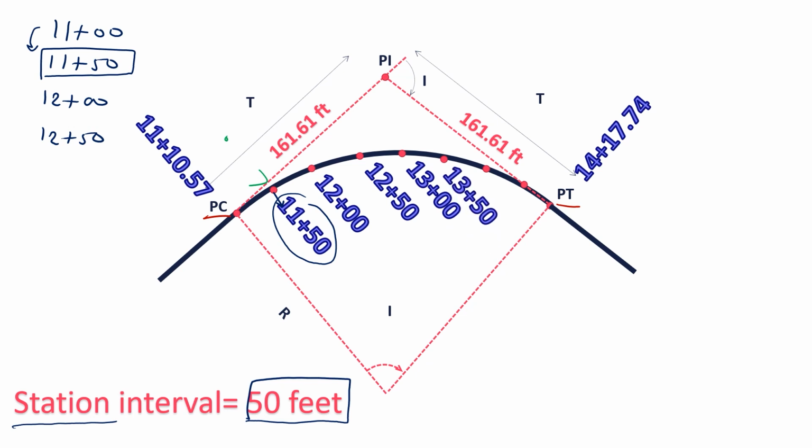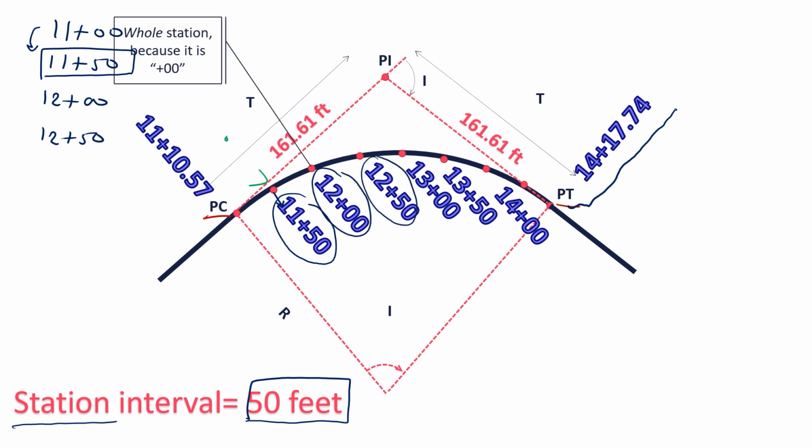13 plus 50, and this is 14, right? So 14 plus 17.74 is right here, right? So we just need to end it right here. So just count the number of points. So 1, 2, 3, 4, 5, 6. So we can fix 6 stations